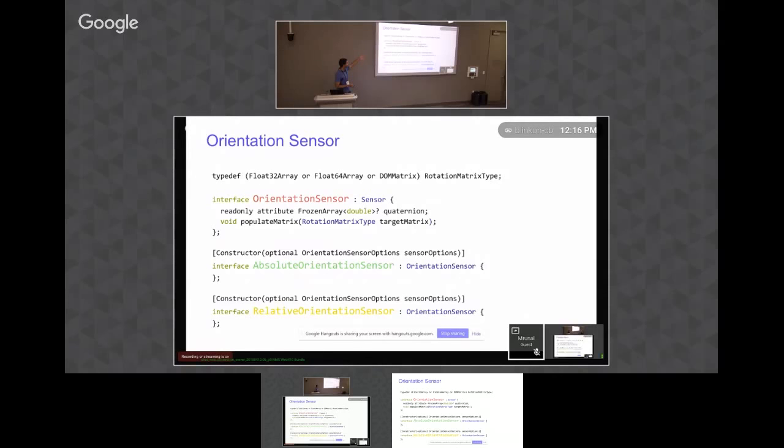Like in this case, there is an orientation sensor. What it needs is the quaternion data, like where your device is oriented and by how many degrees. So you can get that data in the quaternion format, and you can use the populateMatrix function if you want to use it